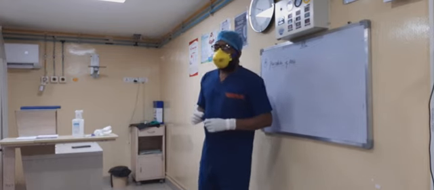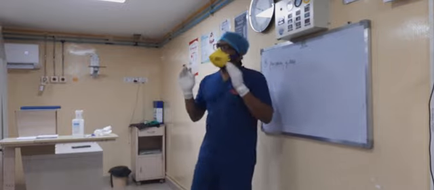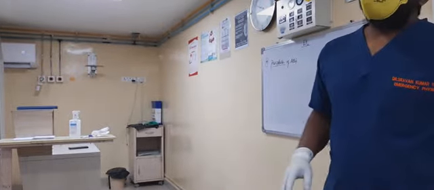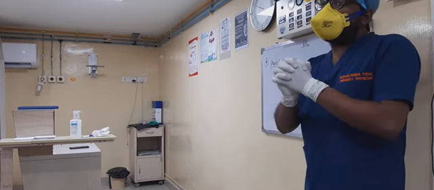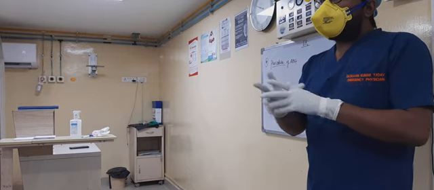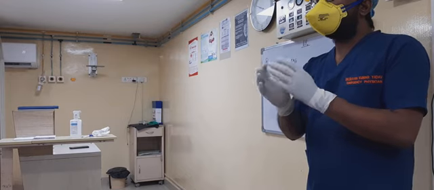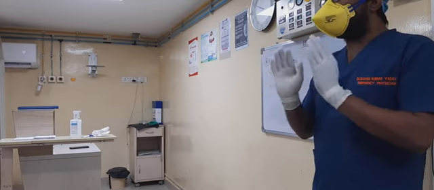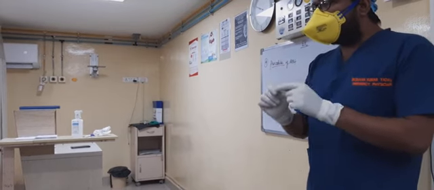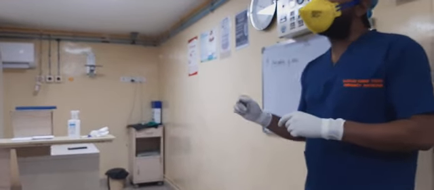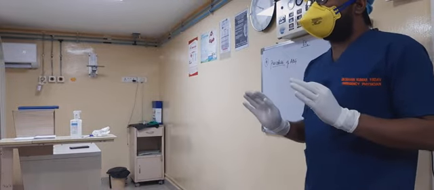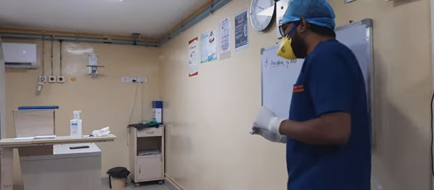Okay? I'm not talking about the exact procedure. Before the procedure, what we have to do. First thing is, while doing any procedure, whatever it may be, first we have to wash our hands. Okay? At least use the hand rub and clean your hands. That is the first important point. And it should be done in front of the patient and the attendant, so that they will know that it is a clean procedure. Understood?